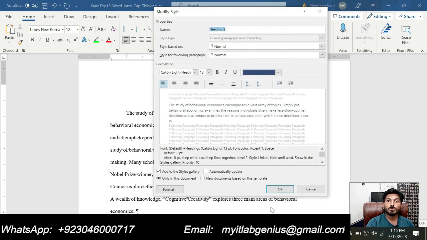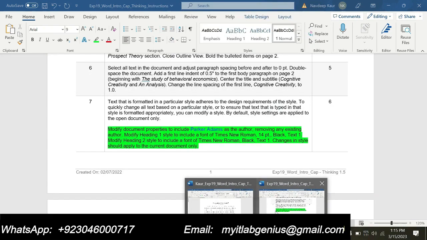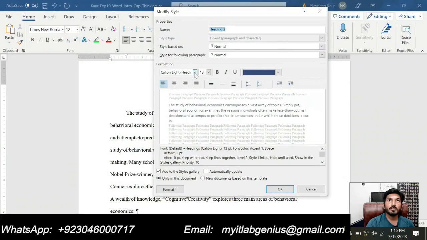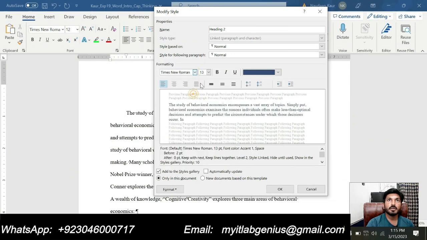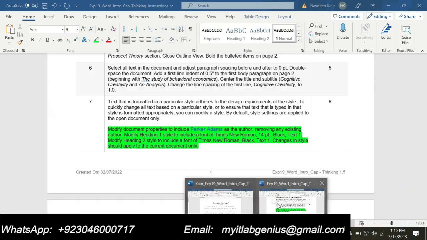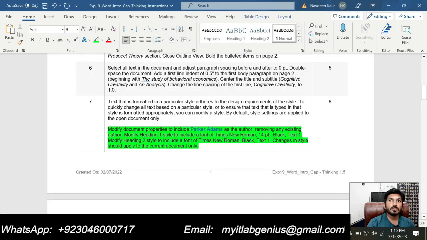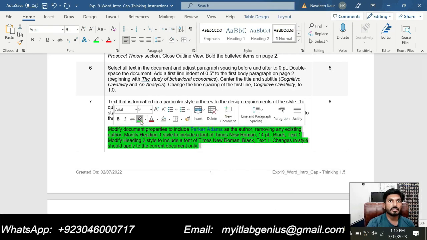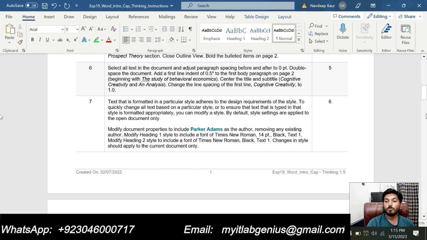And now we are supposed to change the font to Times New Roman black text 1. So we will apply Times New Roman again and black text 1 from here, this one, and click OK. So this has been done. So the next thing to do is the change in style should apply to the current document only. So we have applied this one already. So step number 7 is completed and we will move to our next step.